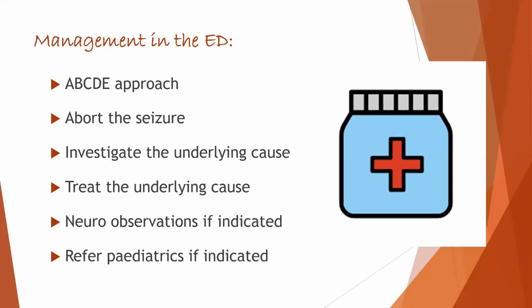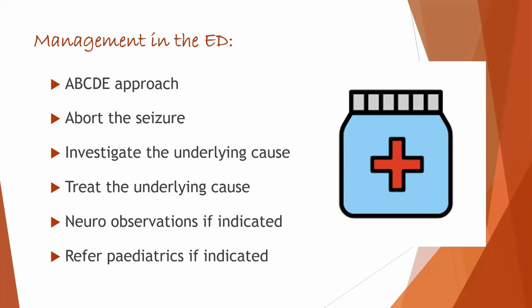mostly they happen simultaneously. So if we say A, B, C, D, E, you don't start just looking at the airway and doing that or the breathing. You assess the child as a whole, and then you address the problems as you identify them. But in broad, I'm going to go through all of these things individually as well. But in broad, you want to start with the ABCDE approach.